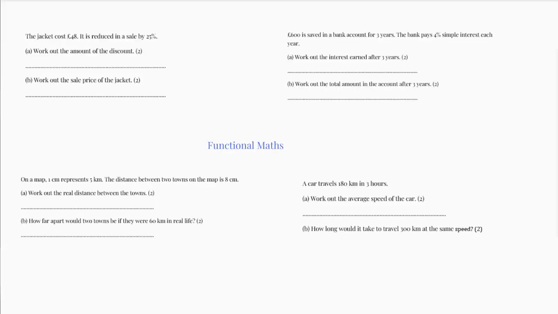Hi guys, this is part one of functional maths. All that means is they're real life scenarios that you would do in the real world, not behind your desk